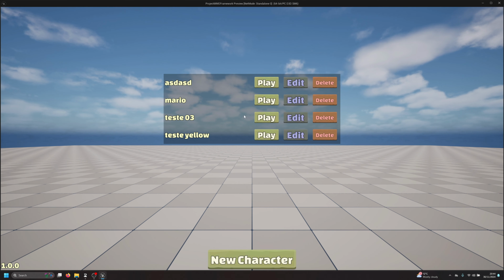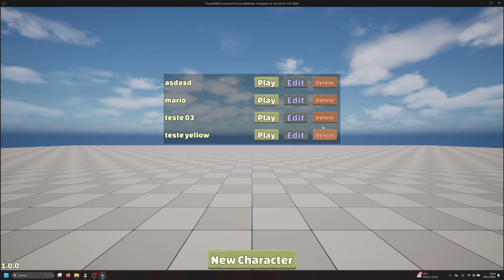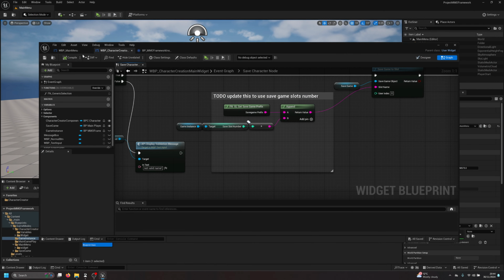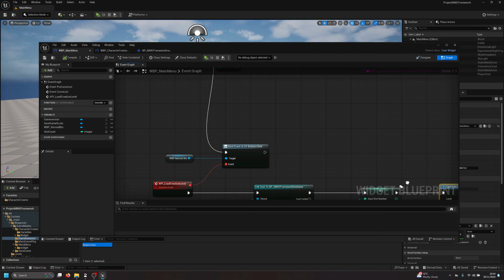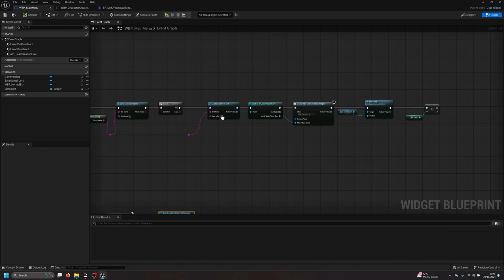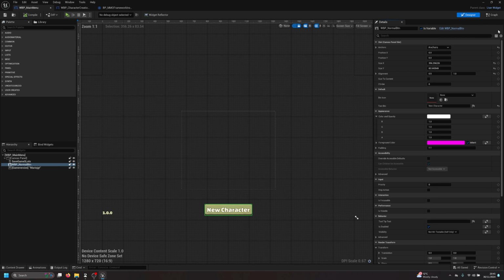Now, what I would like to do here today is handle the functions to edit and delete. And then the play, we're going to do that later on. Right, so without spending too much time with this, what we are going to do here is that on the main menu widget,